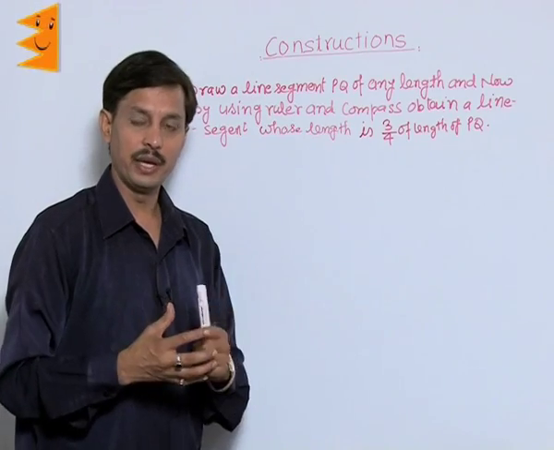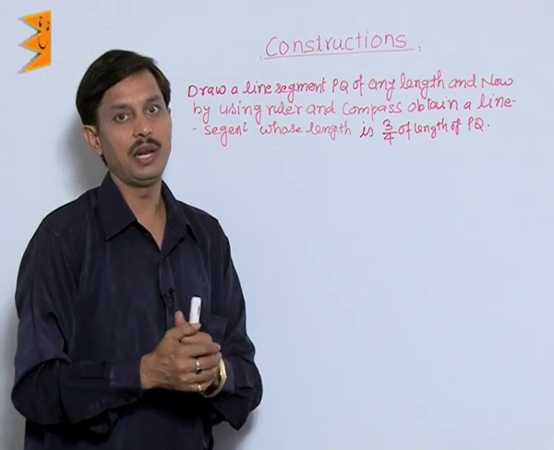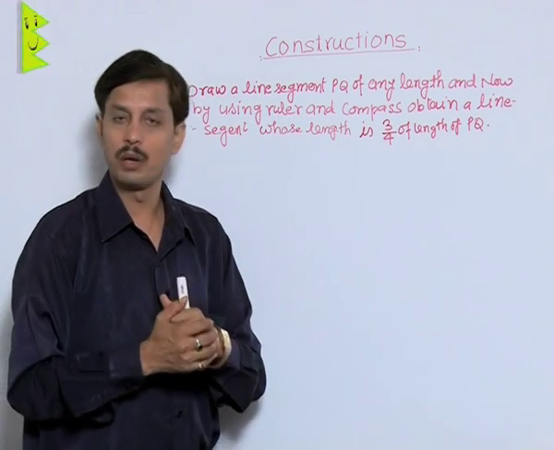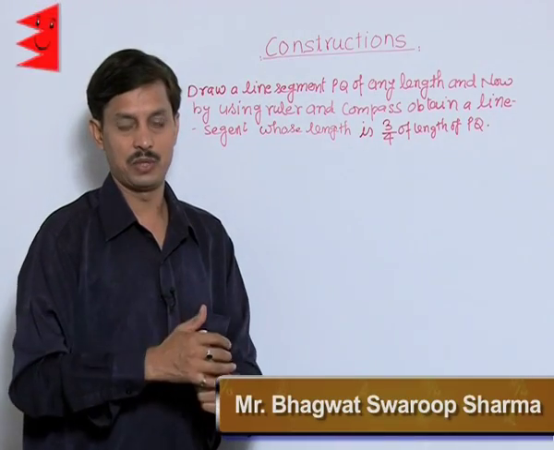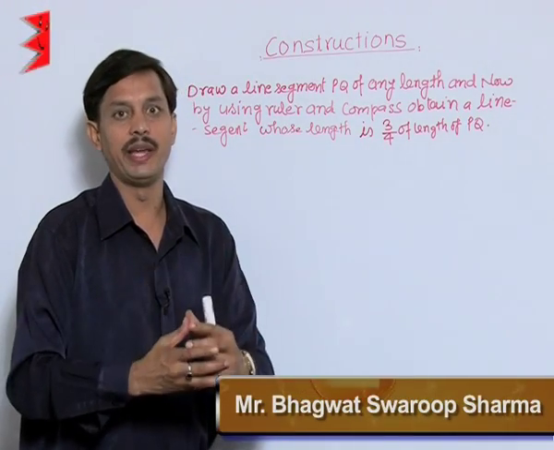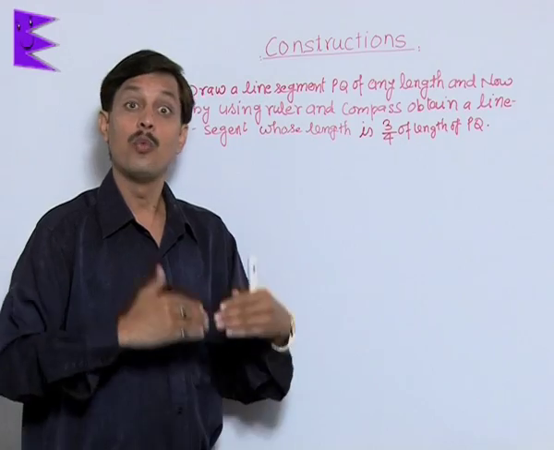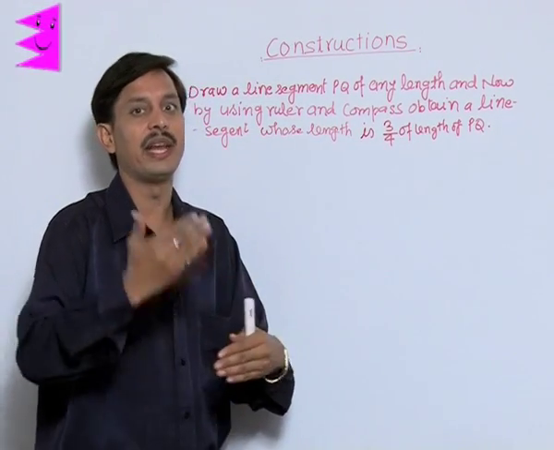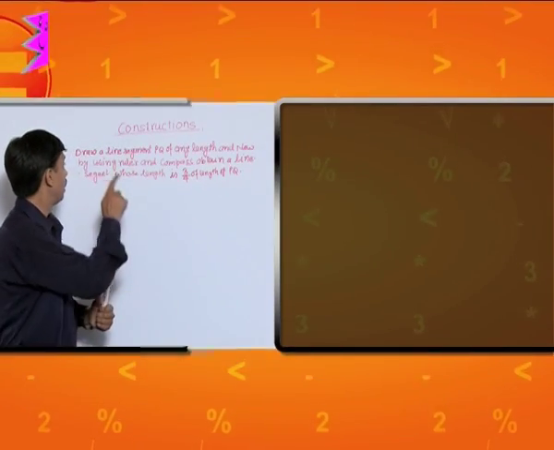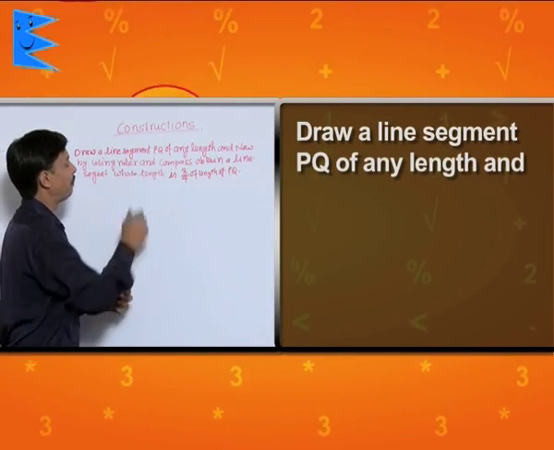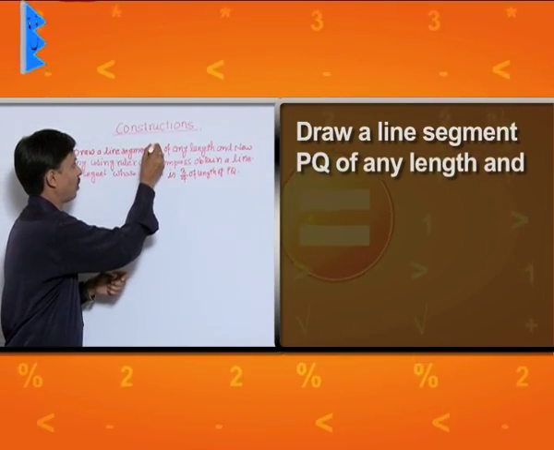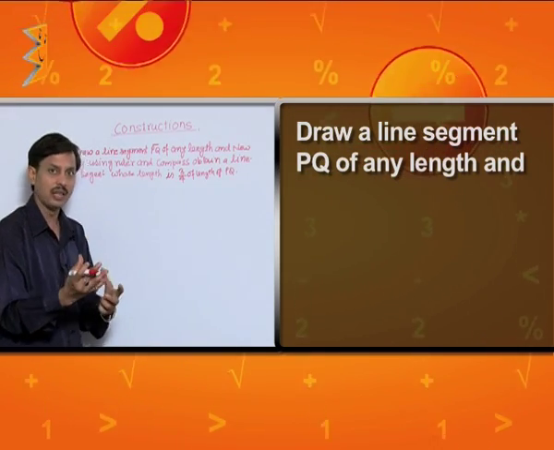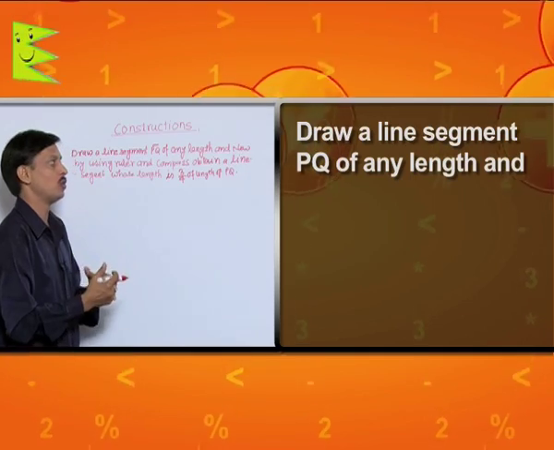Now I am taking one more example where we will use the perpendicular bisector two times. In place of finding the half, we can find 3/4 or 1/4, or we can extend it. Draw a line segment PQ. First of all, we want to draw the line segment PQ of any given length which suits you,